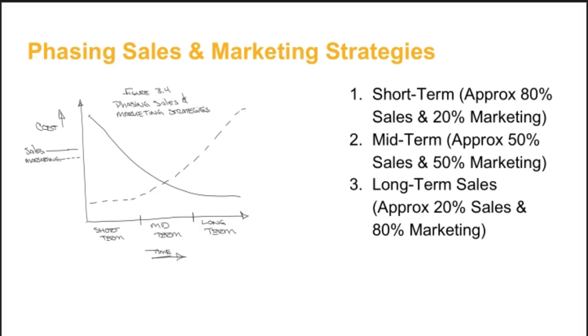To plan and account for the different strategies and costs in the early stages of your venture, we'll break your sales and marketing into 3 phases: short-term, mid-term, and long-term. The length of these phases will vary for every business, but there are some common characteristics that define each. Short-term sales and marketing strategies are generally characterized by high costs and low production. This is the result of just starting out and having no pipeline, but also because it's typically sales and not